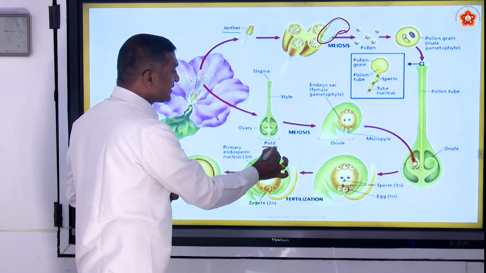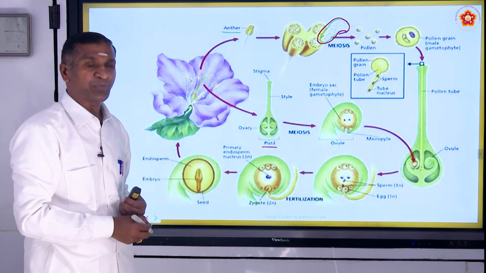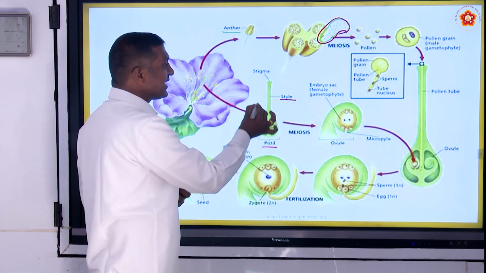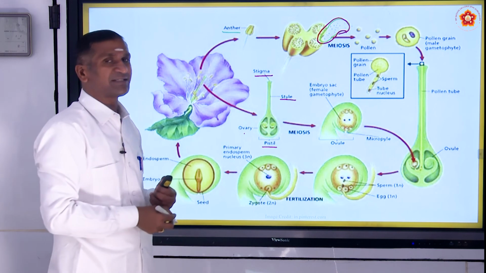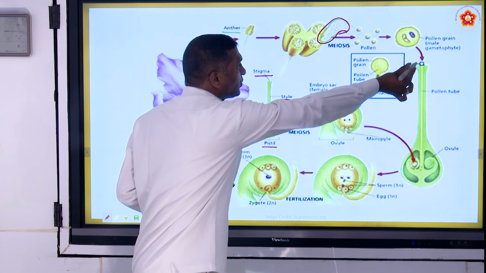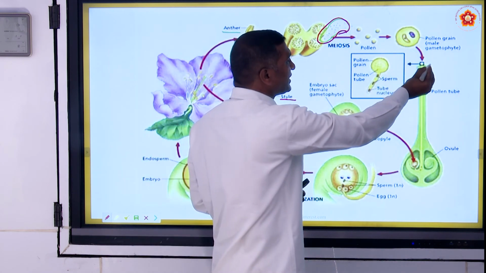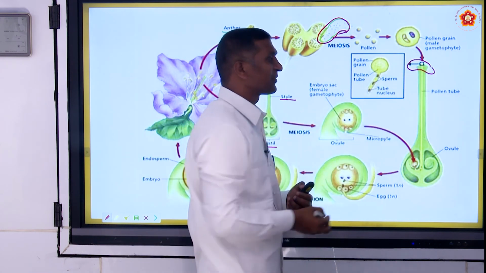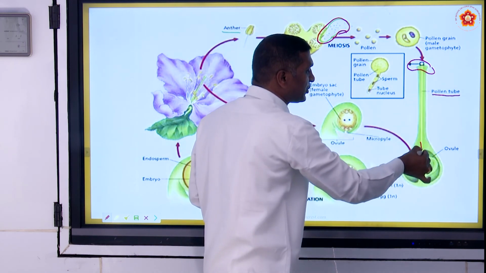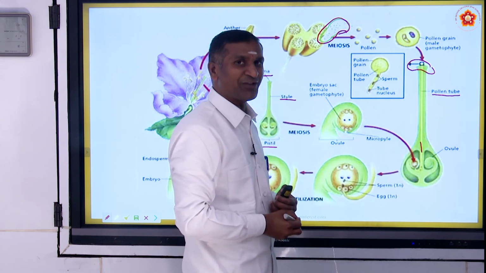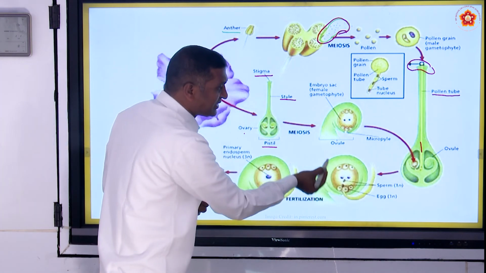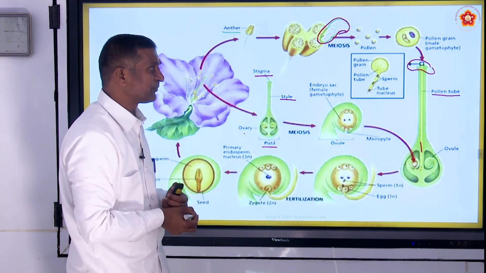The pistil, which is the female reproductive part, having the ovary within it, the ovules, the elongated style, and the sticky stigma. The pollen grains are being deposited on the sticky stigma. Then you can observe immediately a pollen tube is being grown deeper into the ovary, and with that we can see the changes that are taking place here.